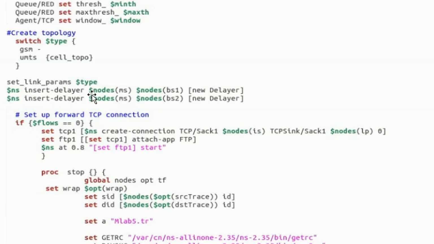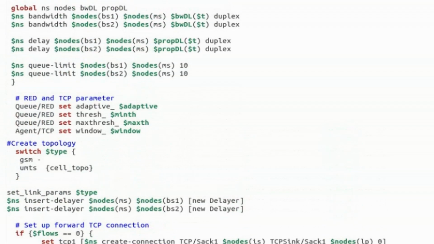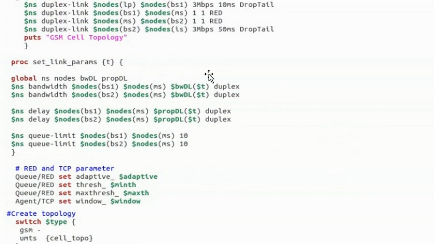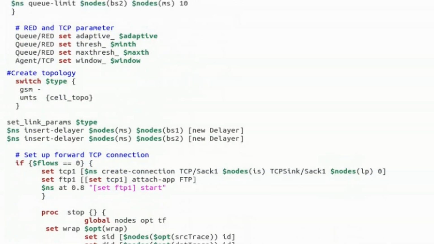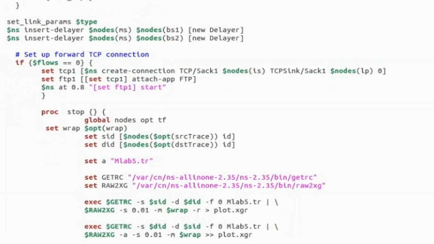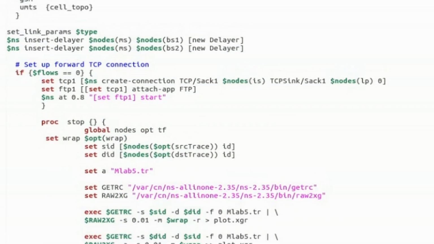Set link parameter type. Link parameter is the function we just saw here. Do you remember? Link params. T is nothing but GSM now. So for GSM I am setting up all these link parameters when I call that function here. So that function has been utilized here.